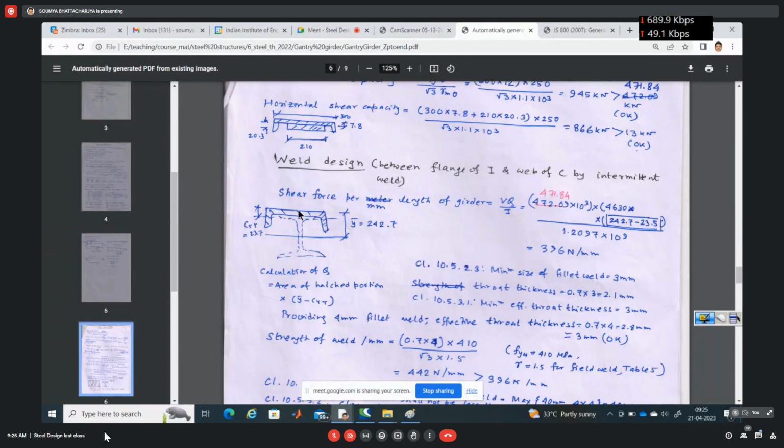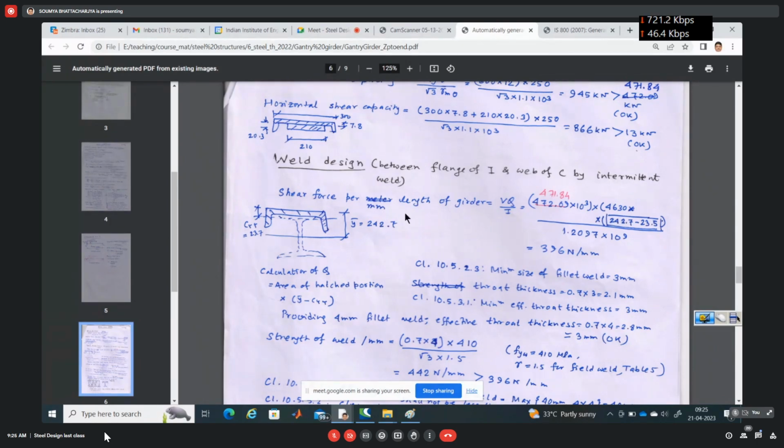You see, this is the web of the channel section and this is the flange of the I section. We join the channel section and the I section by welding. At these points, we adopt the welding. We generally adopt intermittent welding to join the gantry girder section, to join the I section and channel section. So at this interface, what we do, we first calculate the shear force per unit length of girder in the